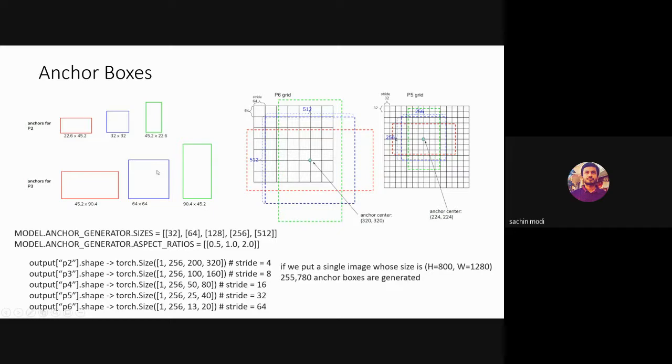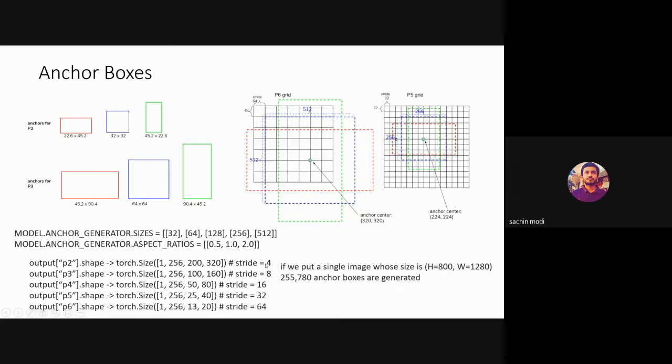At the P2 feature map, the size of the anchor is 32. The next one is 64, 128, like that, till at P6 it is 512. At every grid point there are 3 anchor boxes with different aspect ratios. For example at P3, one is 1:1, 64 by 64. One is 1:2 and 2:1, and all of these 3 have the same area.